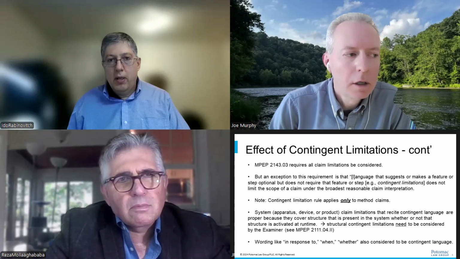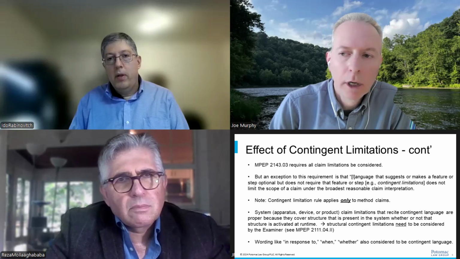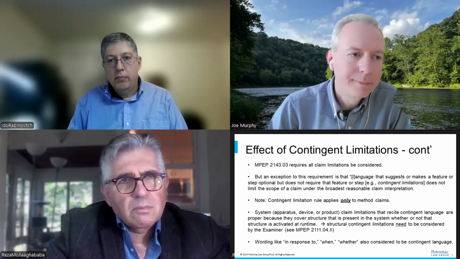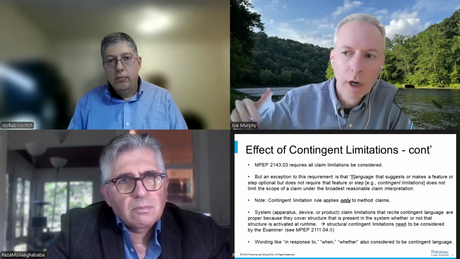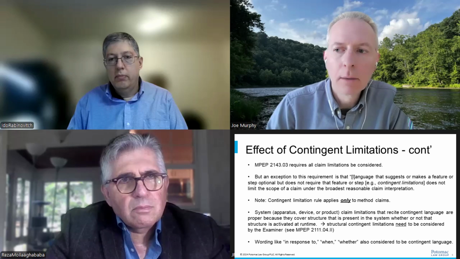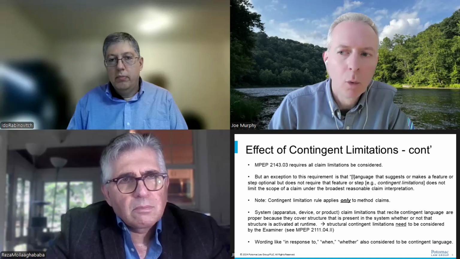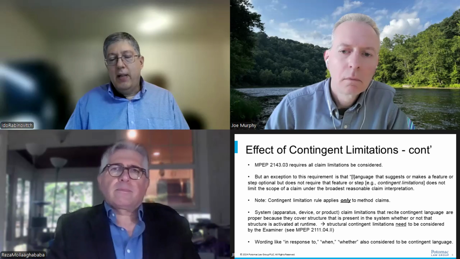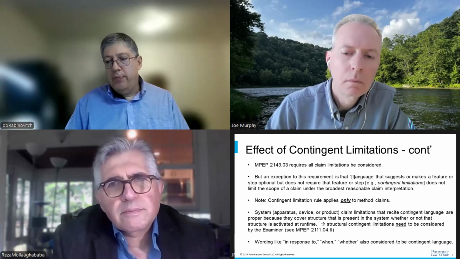So thinking about this, I sometimes use these. I'll use a where and when clause in a method of diagnosis or method of treatment. Because you'll say, measuring a certain plasma level of an analyte, where and when it's above a certain value, you'll do some kind of treatment or something like that. But I've never seen an examiner cite this part of the MPEP, but they may say it doesn't have patentable weight. So is that another way that they may approach this? Maybe. I mean, they need to explain why they're not giving it patentable weight.